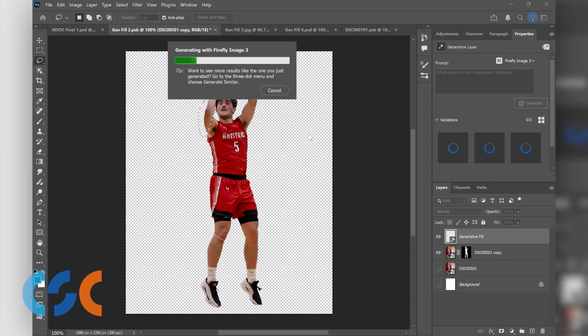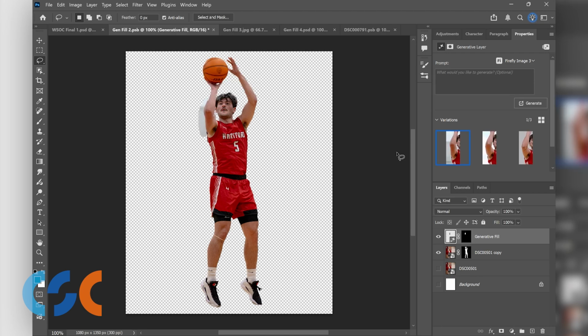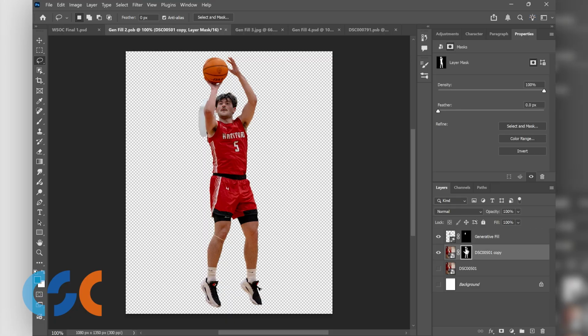Now this has been useful for me in lacrosse and soccer. Sometimes when legs get in the way, I use this a lot to just get the perfect cutout of my player. So again, it gives you 3 options. It's going to create a little funky background with it, but to get around that, what I'm going to do